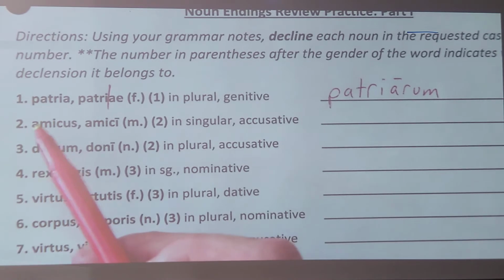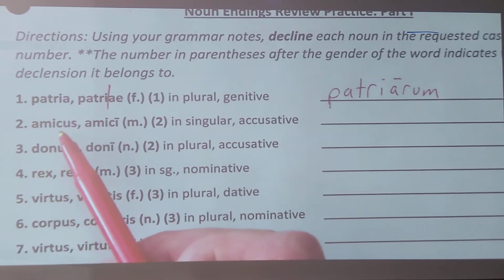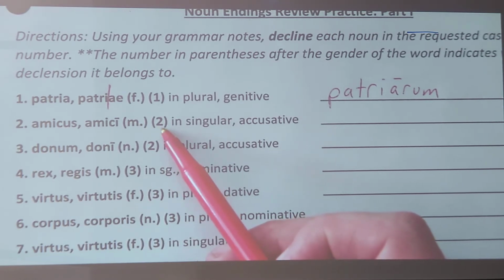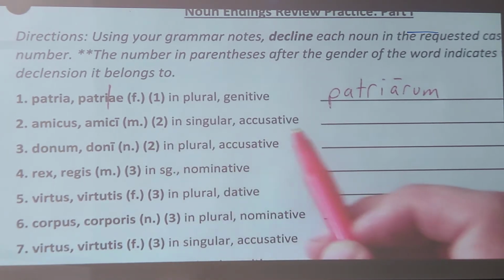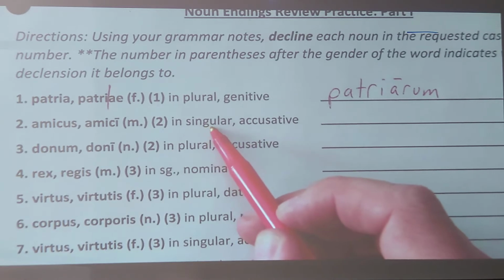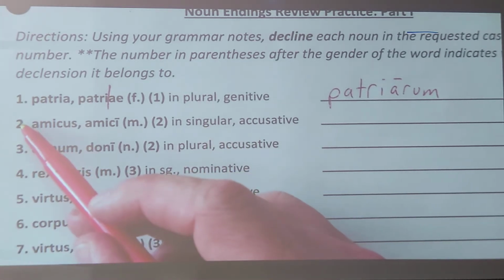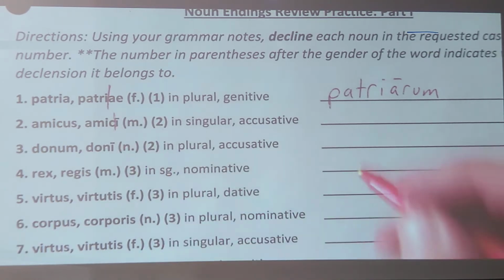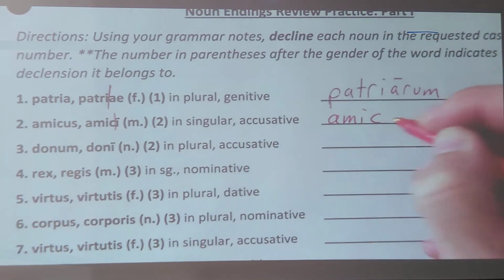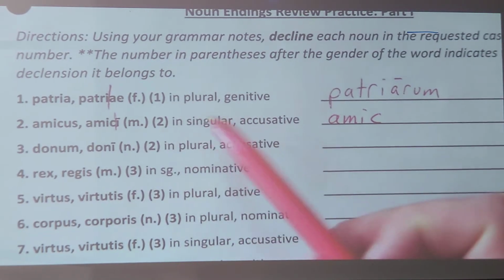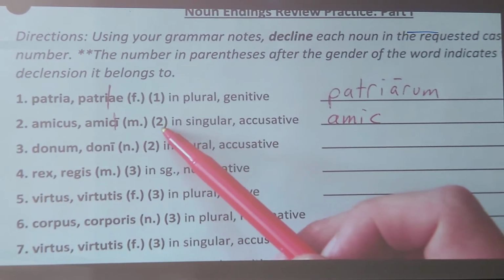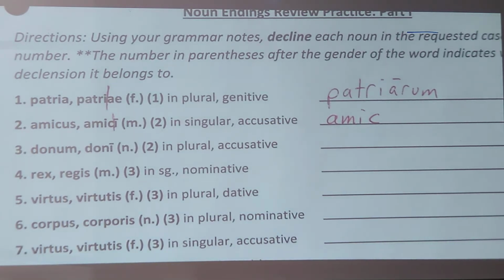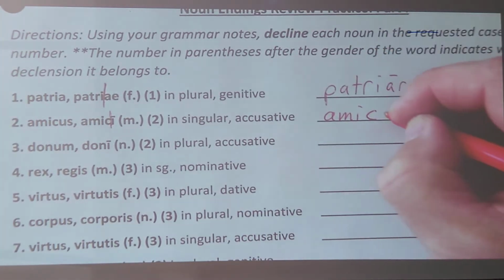All right, let's look at number 2. We have the noun amicus, amici, which is a masculine noun of the second declension. We're going to decline it in the accusative singular. So what that means is we go to the genitive singular, we chop off that ending, we have amic, and then we look at our masculine second declension chart, and we go down to the accusative singular. So that would be amic